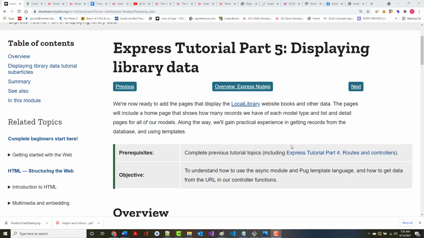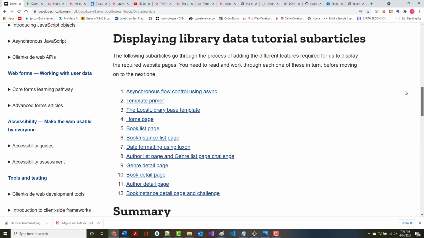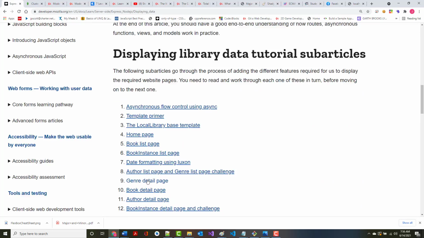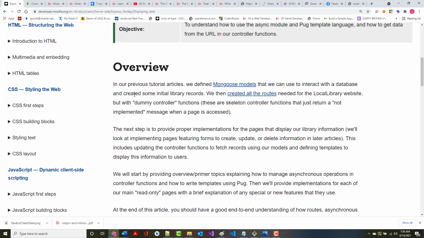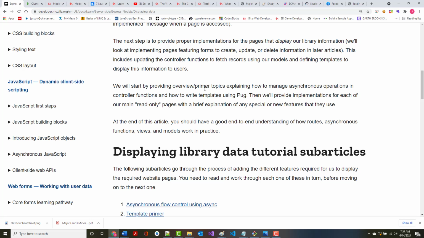And this doesn't look like a very long section, because they've got each page in its own subarticle. The author says here that in our previous tutorial articles, we defined Mongoose models that we can use to interact with a database and created some initial records. We then created all of the routes with the dummy controller functions, skeletons, whatever you want to call them. So the next step is to provide proper implementations for the pages that display our library information. This includes updating the controller functions to fetch records, using our models and defining templates to display the